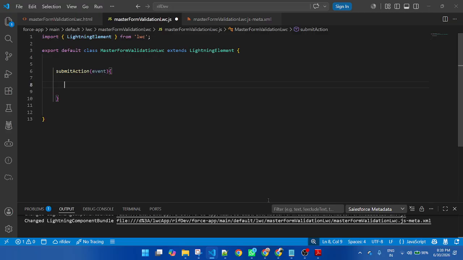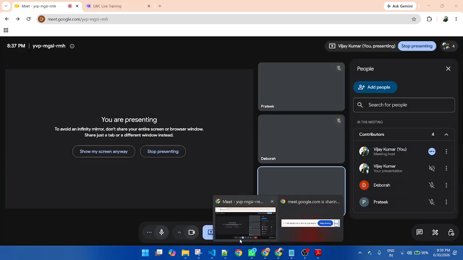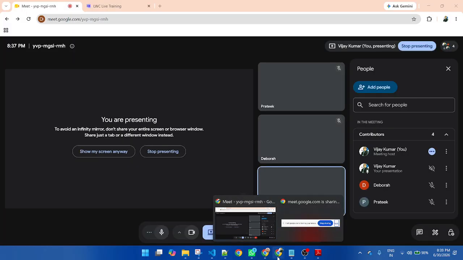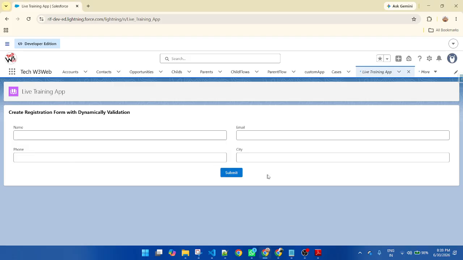So I will get all of the field input and field label dynamically through the function. Once we click on the button, I will get the input field value and I will get the name. So it will check: if the input field is blank, then it will display an error message below the input field, and if not blank, then it will automatically hide the error message. So it will check all of the input fields automatically when we click on the button. So I will apply a loop.